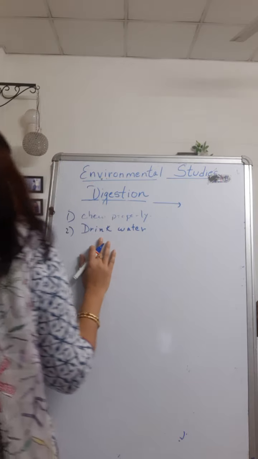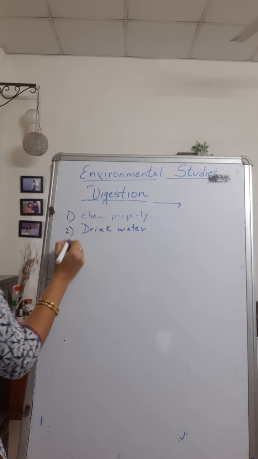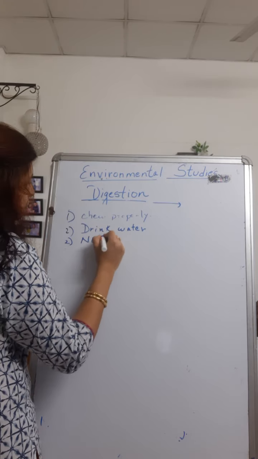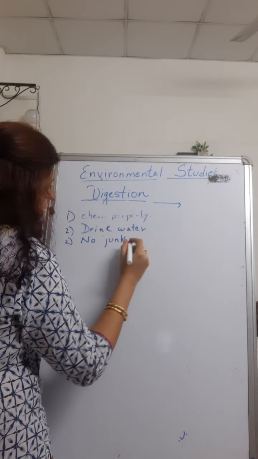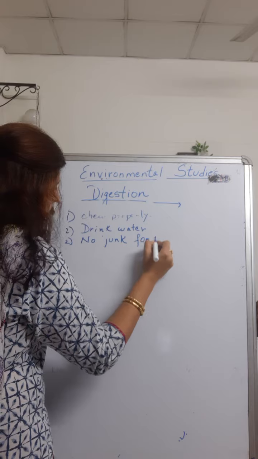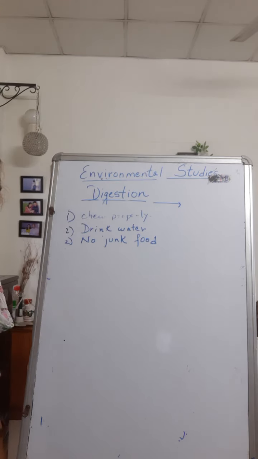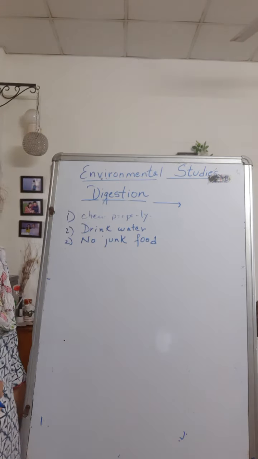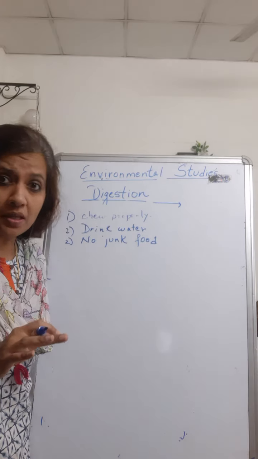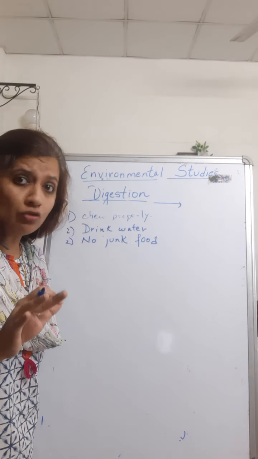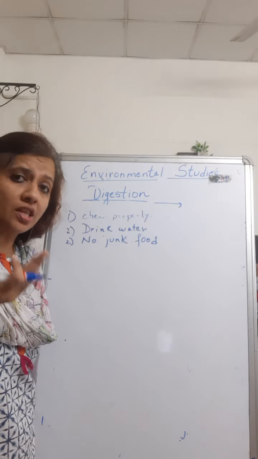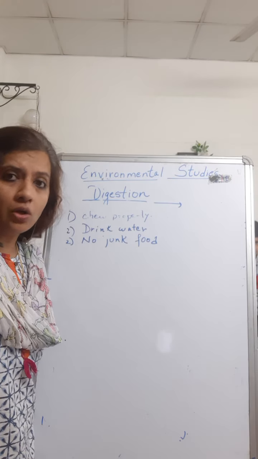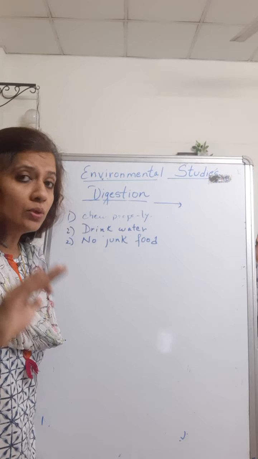You need to drink water, and then no junk food, because your body takes a lot of time and a lot of energy to digest this kind of junk food. In fact, if you eat Maggi, pasta, all these things which are made from refined flour, the body takes, like normal food components, as I already told you, 3 to 4 hours for your stomach to digest. But if you eat such kind of foods, it takes far much longer. So say no to junk food and stay healthy.